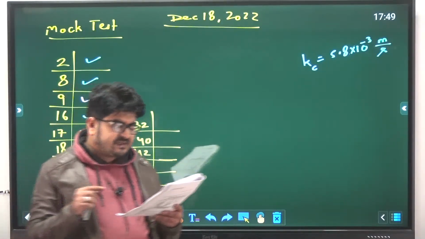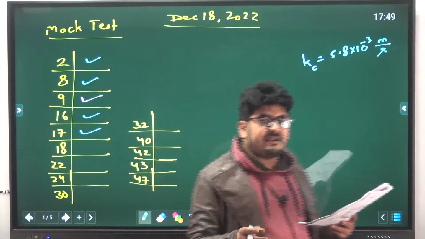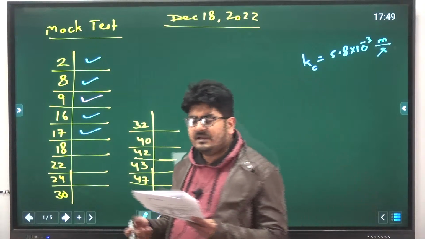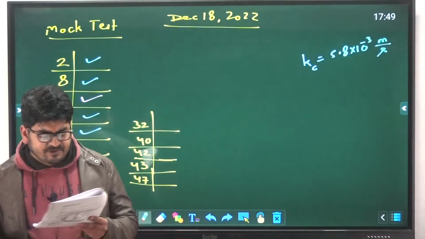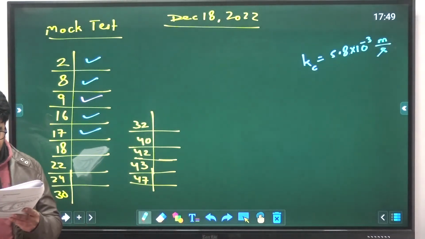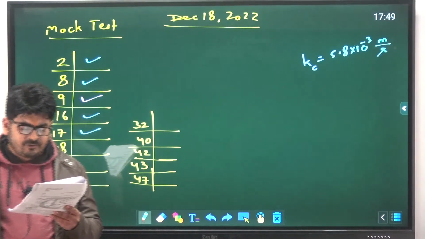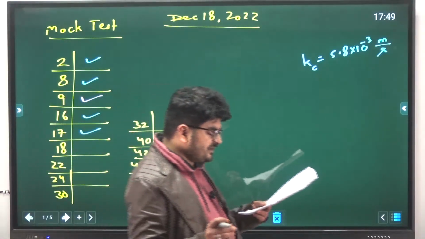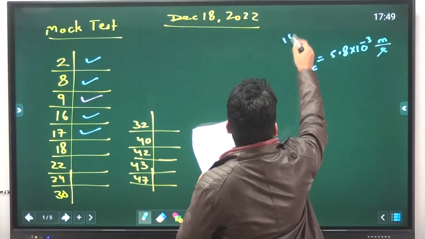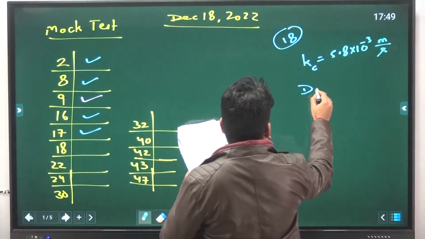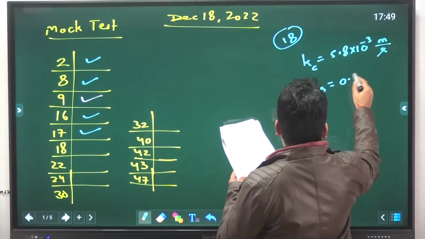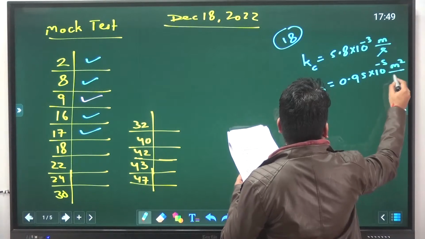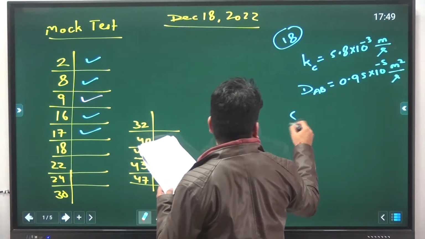Naphthalene is evaporated in a stagnant air film at 400 Kelvin, which means that is the case of diffusion of A through non-diffusing B, the DND case, and the total pressure is 1 atm. Vapor pressure of naphthalene at 400 Kelvin is determined by the Antoine equation and given as 0.01 atm. Under these conditions, the diffusivity of naphthalene is given as 0.95 into 10 to the power minus 5 meter square per second. Then calculate the thickness of air film